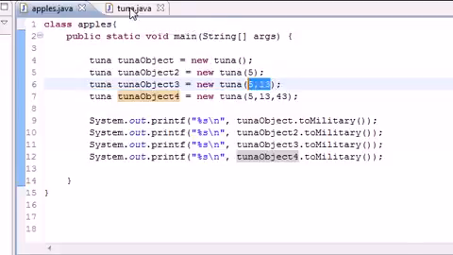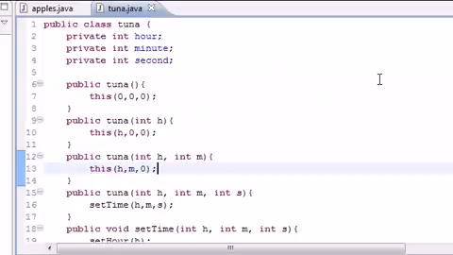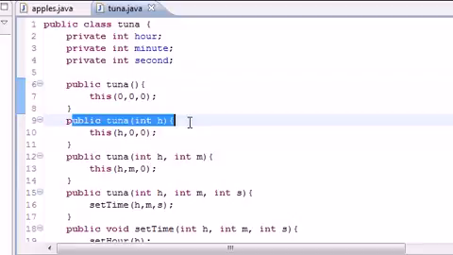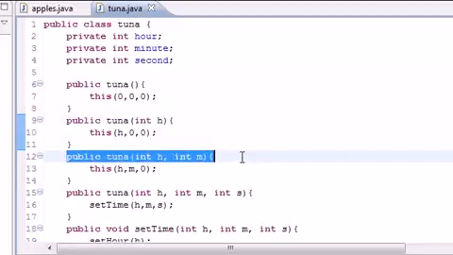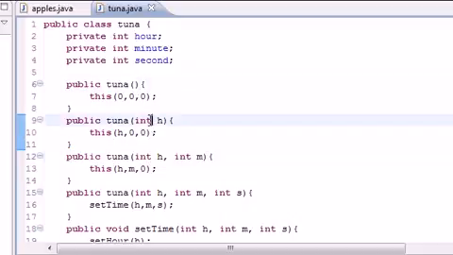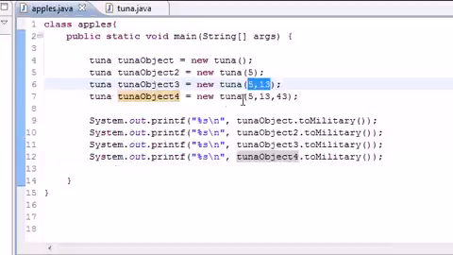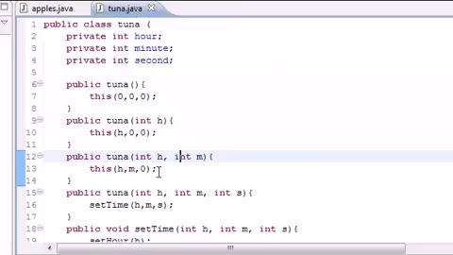So it went to tuna where it creates everything, and it went to our constructors and it says, alright, which one of these constructors has 2 arguments? This one has 2 arguments right here, so I'm going to use this one. This one has 0, 1, and 3. So I'm going to use this one that has 2. Well, what it did was plug in our numbers, 5 and 13. It used the 5 for hour, the 13 for minute, and it used the default of 0,